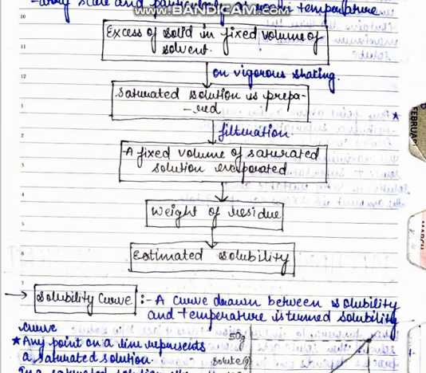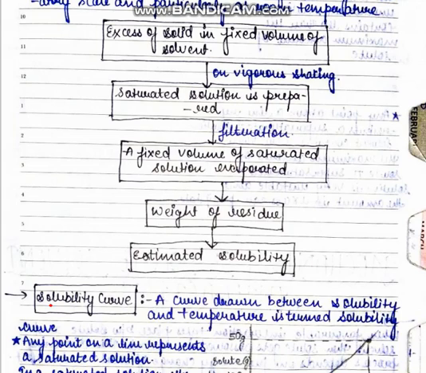But if we change the temperature, pressure or pH of the solute or solvent, then the solubility will also change because the solubility depends upon temperature, pressure and a lot of other factors. If we increase the temperature, in general, the solubility also increases. But there are some examples which we will discuss later where the solubility decreases on increasing the temperature. So during the whole procedure, temperature and all other parameters should be kept constant.